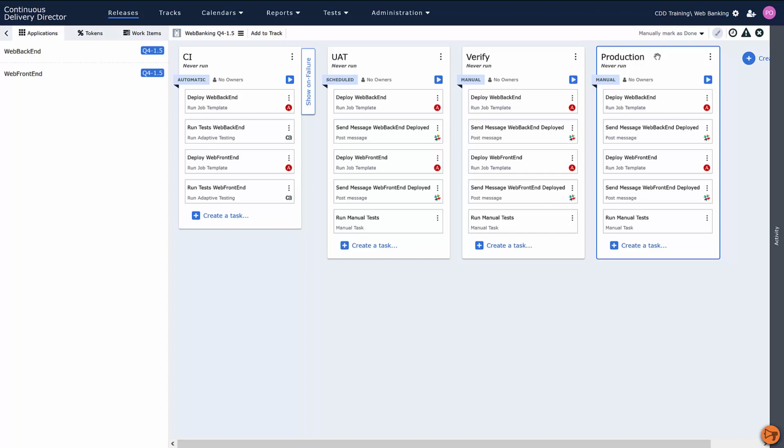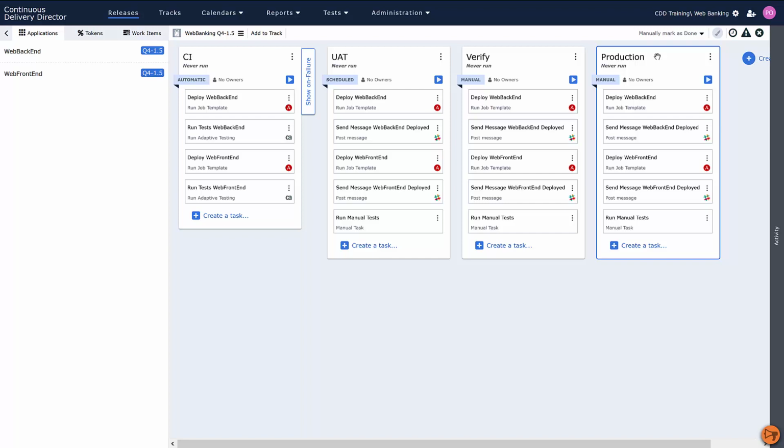For example, in most releases, when a developer commits changes to an application and a new build is triggered, the new build is automatically communicated to CDD by the CI tool, and CDD then automatically begins to execute the first phase in the release. So let's take a look at the structure that CDD uses to organize releases, their artifacts,